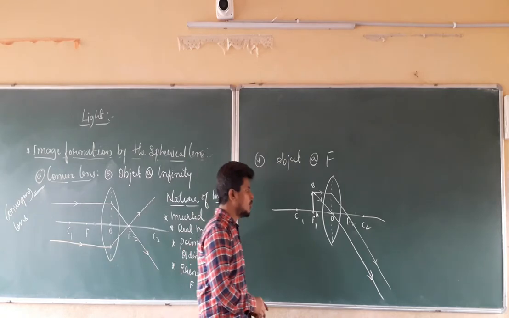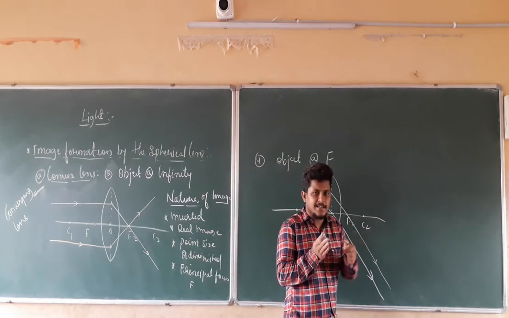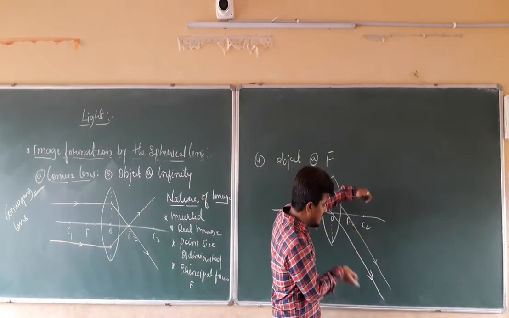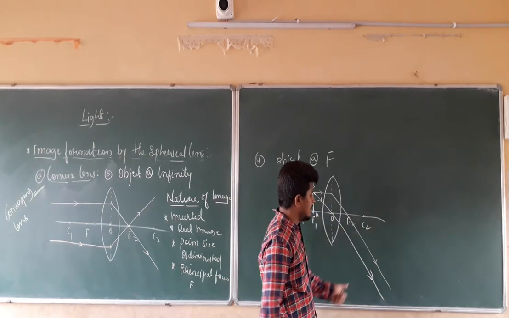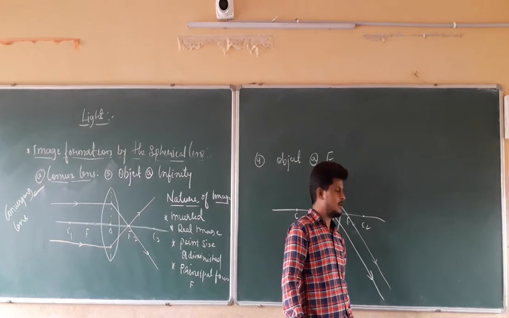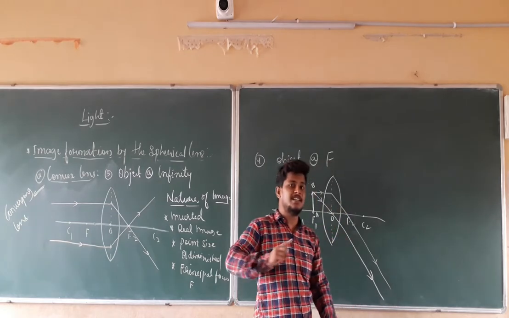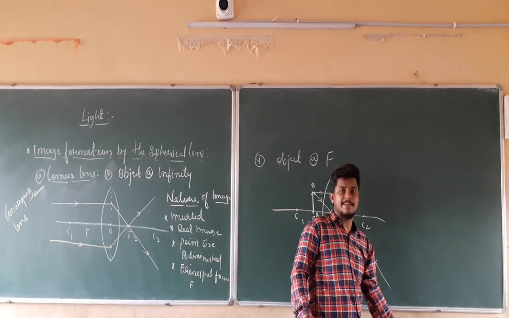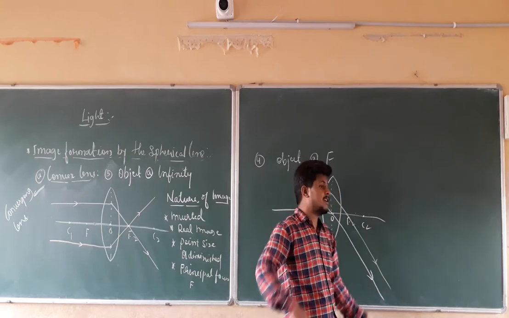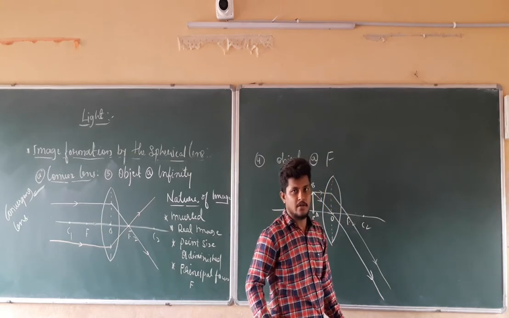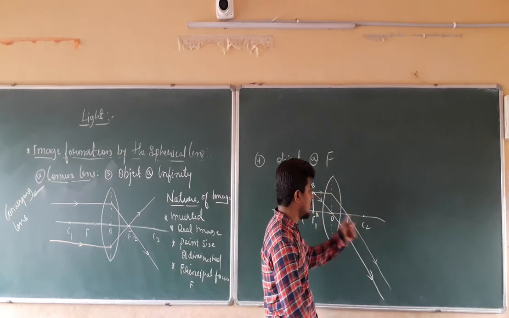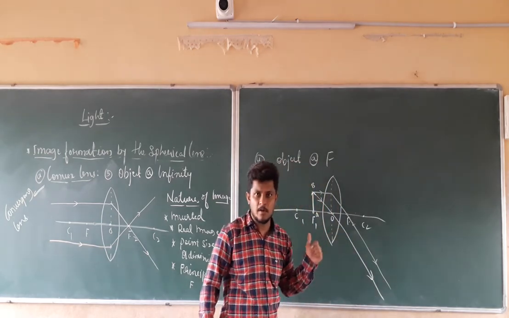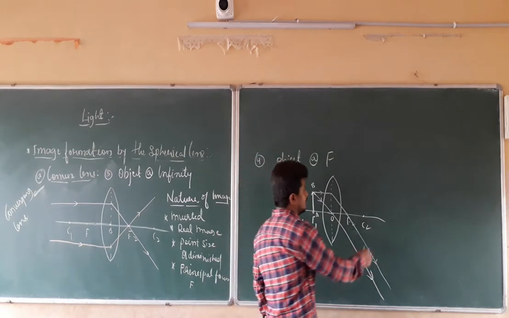When you check, both the light rays are traveling parallel to each other. That means they are converging here? No. That means they are going to converge at a point beyond our imagination. That point we don't know. If they converge or intersect at a point on the right hand side, the image thus formed will be a real image.